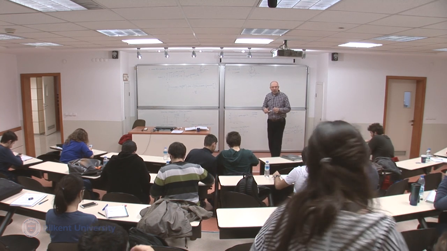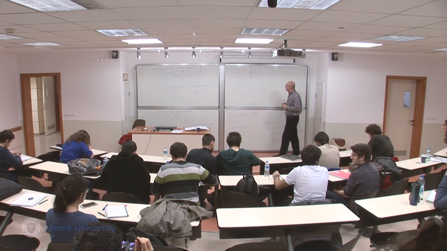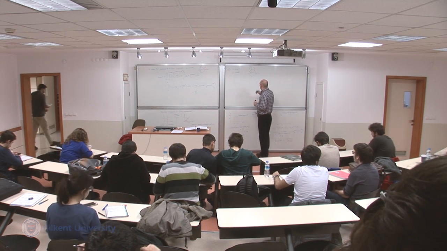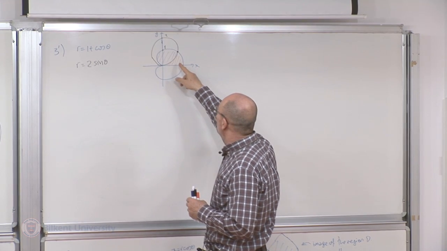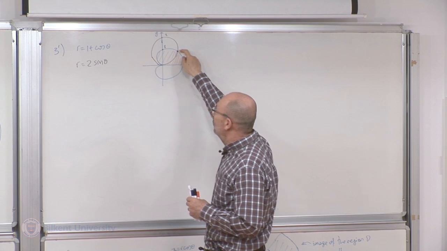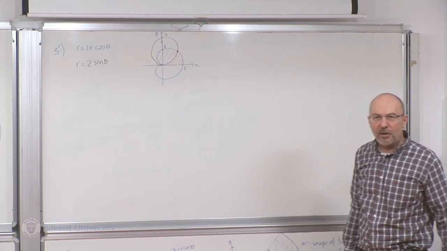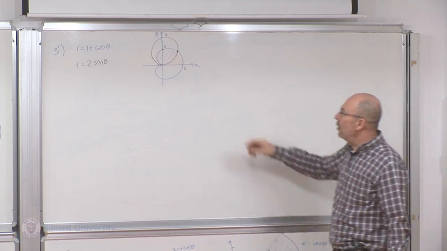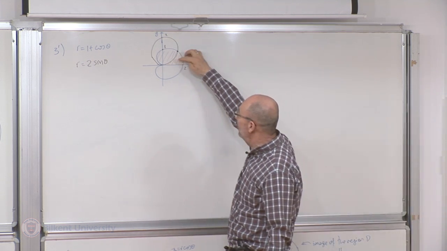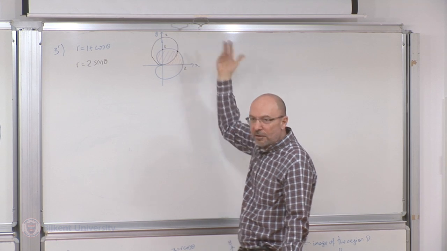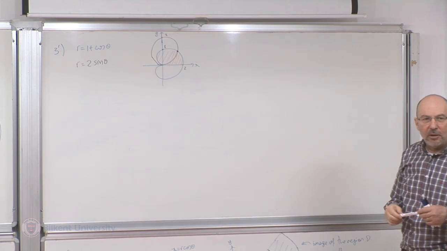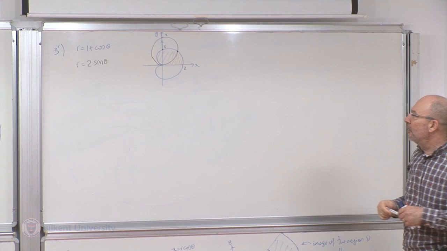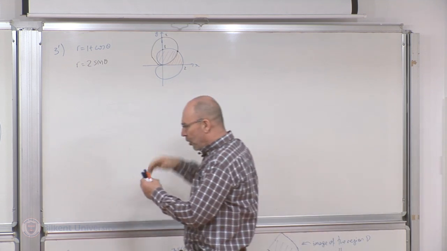Okay, let's continue with this example. Now, let's try to find this intersection point. Once we find that intersection point, the rest is easy because we have a formula for this curve, and we have a formula for this curve. We'll just do the usual integration business here. So this is the point where